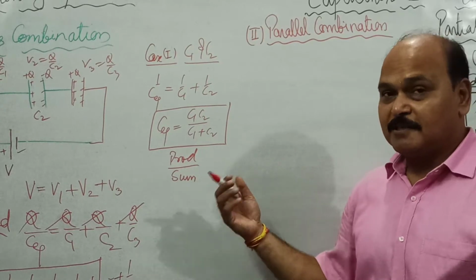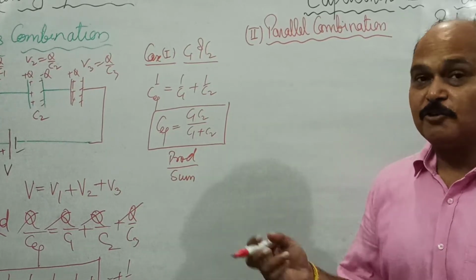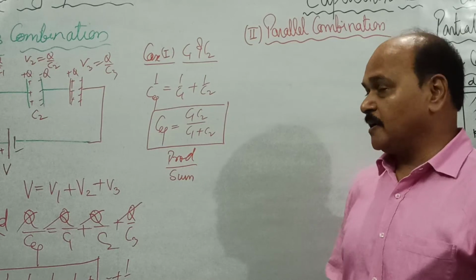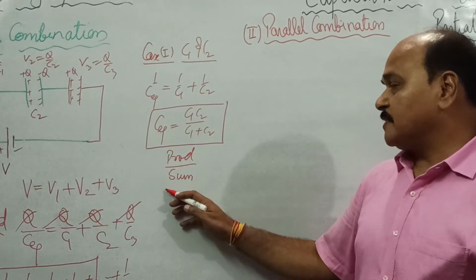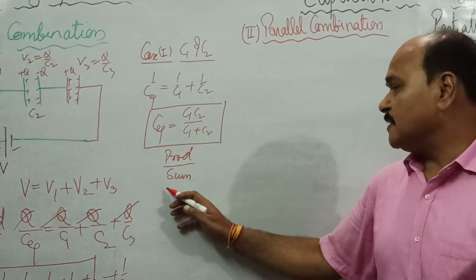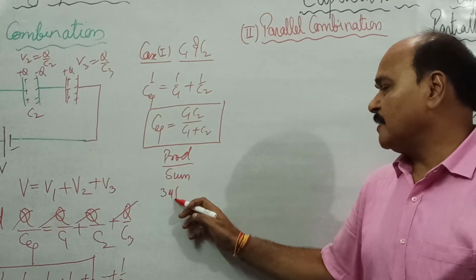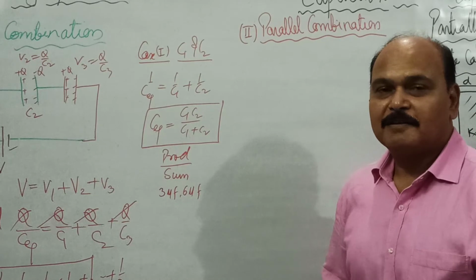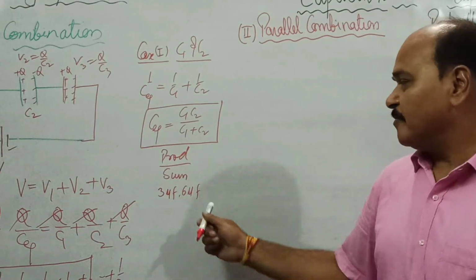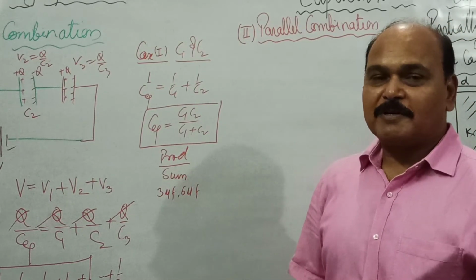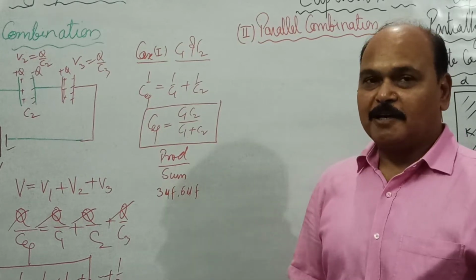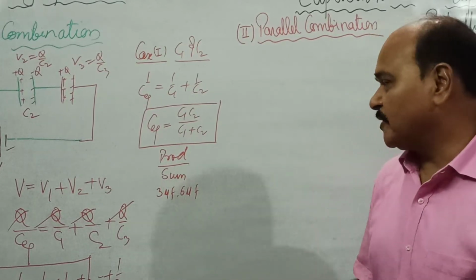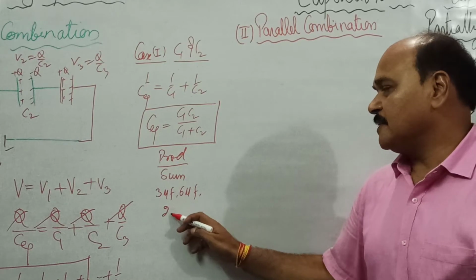And if you know this result, you will find out the answer in zero time, and the answer would always be accurate. Suppose there are two capacitors of capacitance, say 3 microfarad and 6 microfarad connected in series. What is their equivalent? Their equivalent is going to be what? Product upon sum. What is product? 6 3s are 18, and what is sum? 9. 18 upon 9 is what? 2 microfarad is their equivalent.